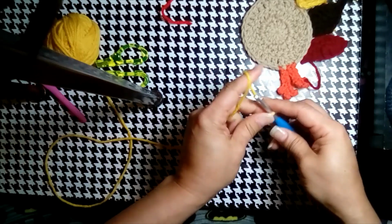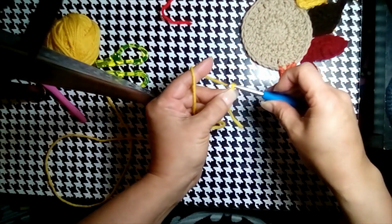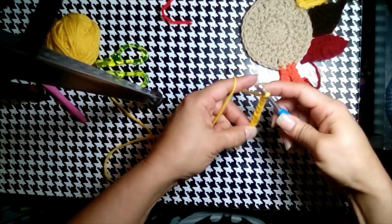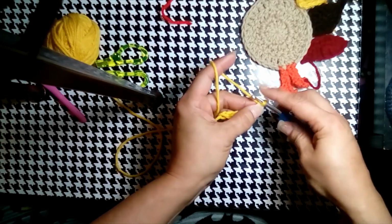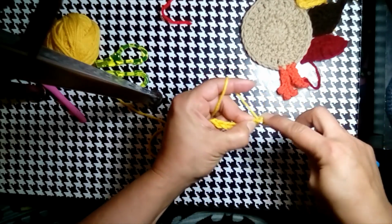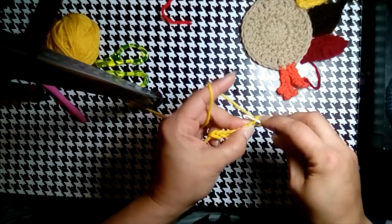We're going to slip knot, and then we are going to chain 8. 1, 2, 3, 4, 5, 6, 7, 8, and try to chain a little loosely if you can. From here we're going to do a picot, another picot for the point. So we're going to chain 3, and we are going to slip stitch back to that first chain, and we are going to use that same slip stitch coming back the other way around, but for now don't worry about it. So in the next stitch we are going to single crochet,